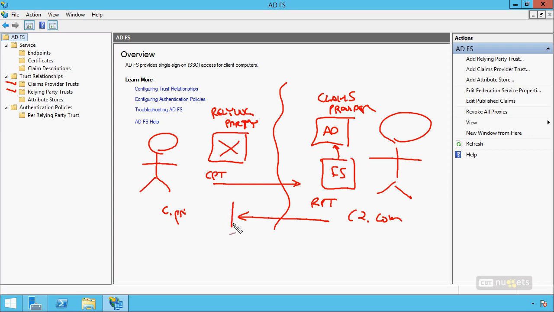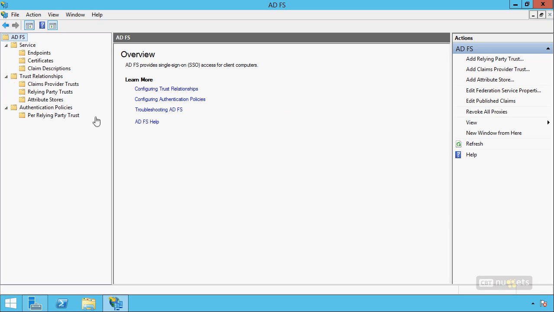And the relying party trust is going to point to the federation server on this side. And very specifically, you'll be pointing to a specific web service or web URL that will be the location where all of this handshaking can occur. Let's start by looking at a claims